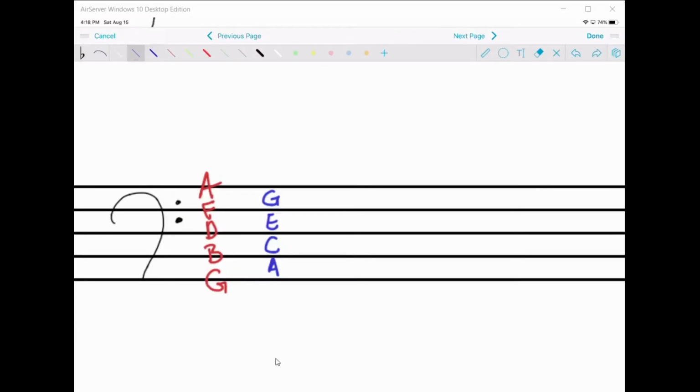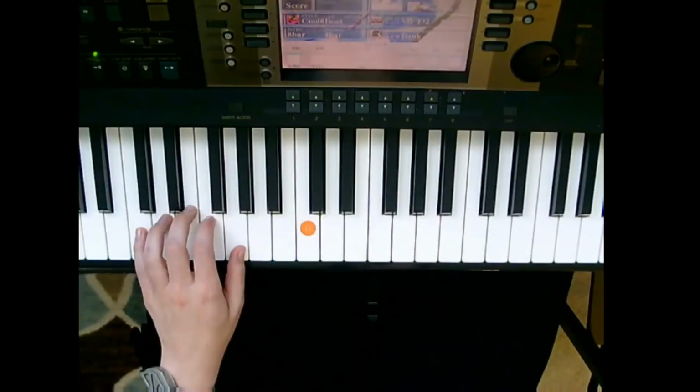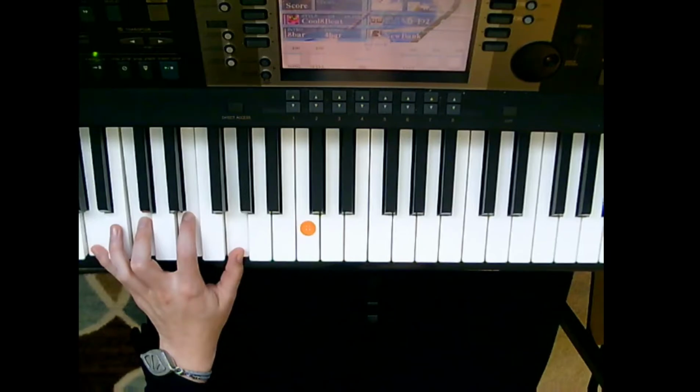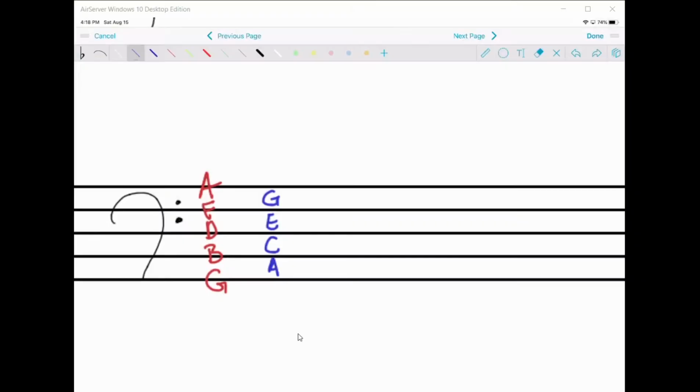G would be our first one. So G, E. See, those are skips. If we're doing notes that step, that go line to space, so if I wrote them like this, for example, let's say I wrote a little sequence that went like this,